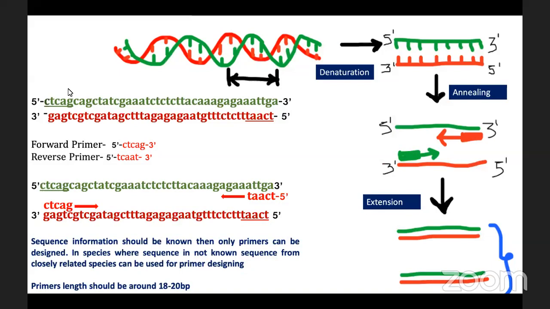These copies are made for some specific purposes. You might go for cloning, you might go for sequencing. Whatever you want to do, you may have to make multiple copies of a particular fragment, then only you can proceed for your downstream experiments. So again, I'll mention here that in PCR, what you